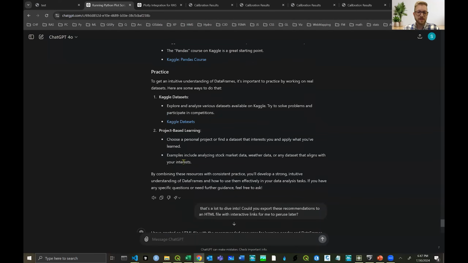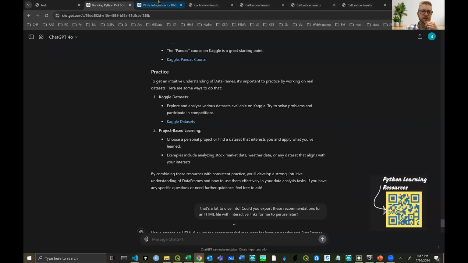And then ask it to make that into a HTML file to save for later. And it does that. But I actually have my own links that I always give people when they ask for Python resources. So I'm going to put that up down here. And then I guess real quick,